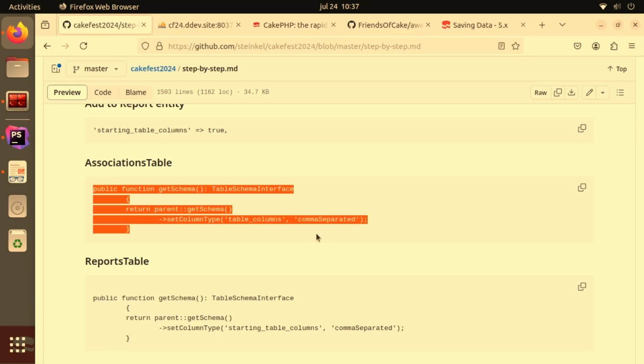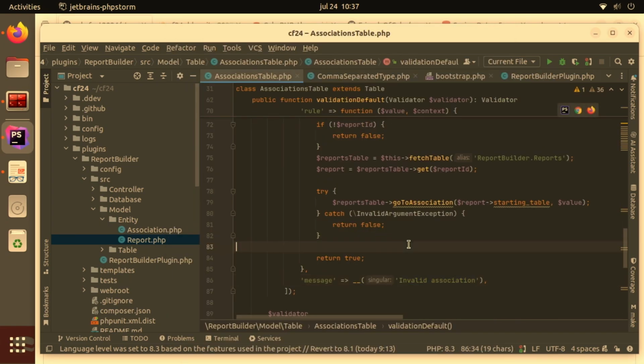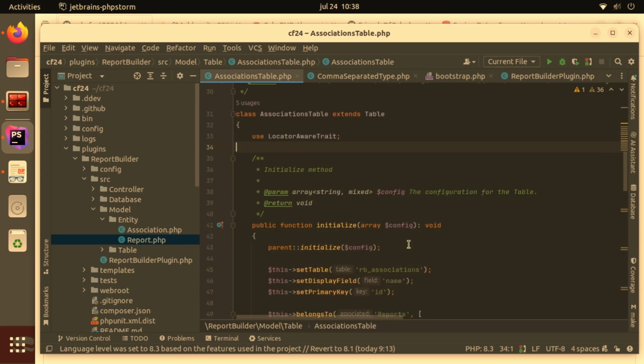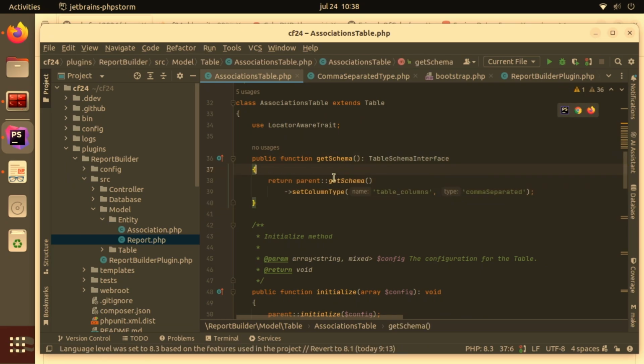Now we need to touch the tables to ensure the type is linked to the column. So we're going to touch the associations table first. Here we need to add a new method, and import this class. The get schema method in the table provides CakePHP with an entry point to tweak how the schema is going to be retrieved for the given table. If you don't provide a get schema, CakePHP will go and inspect the table, describe the table, get all the columns and use them. Usually it caches them internally, so you don't need to do that